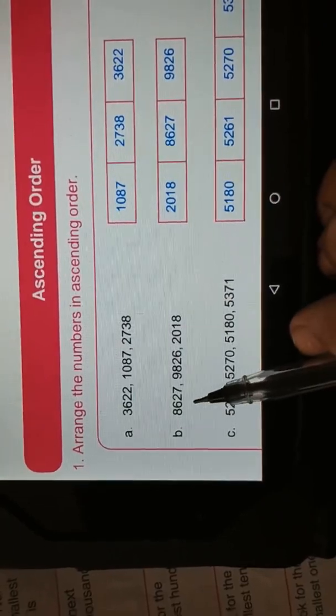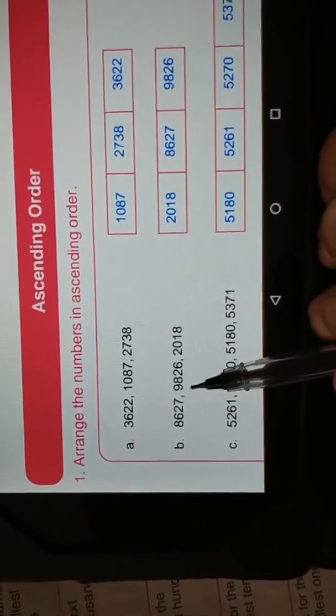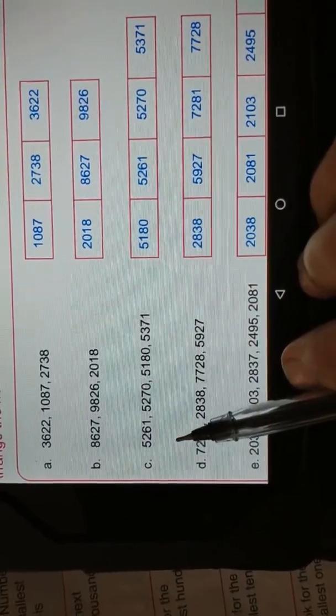Then 8627 we have to write in the second blank. In the last blank we have to write 9826. Then students, third question is